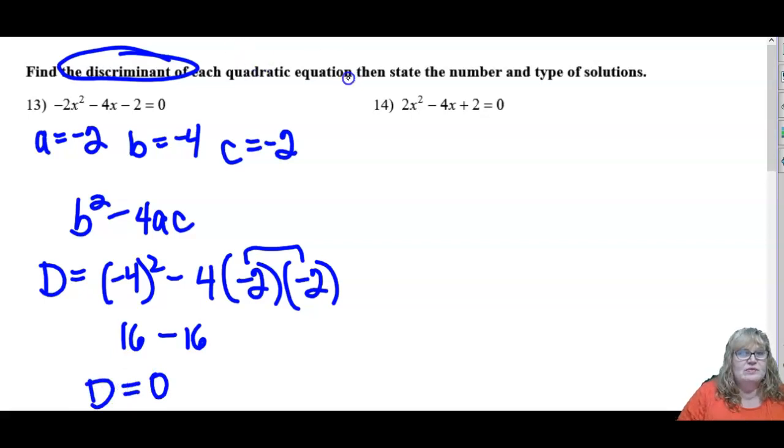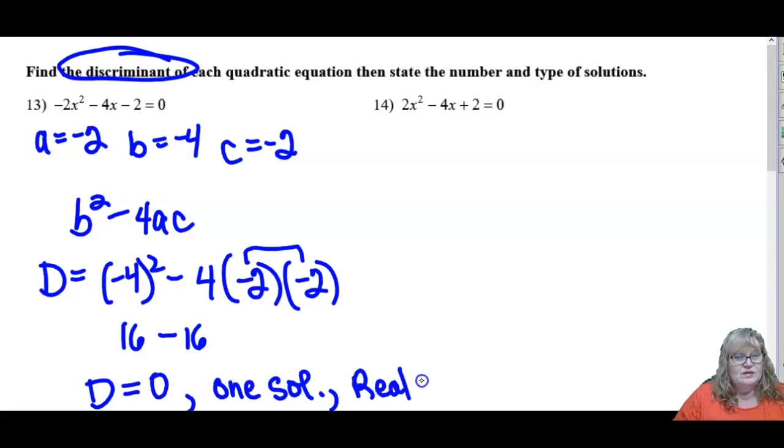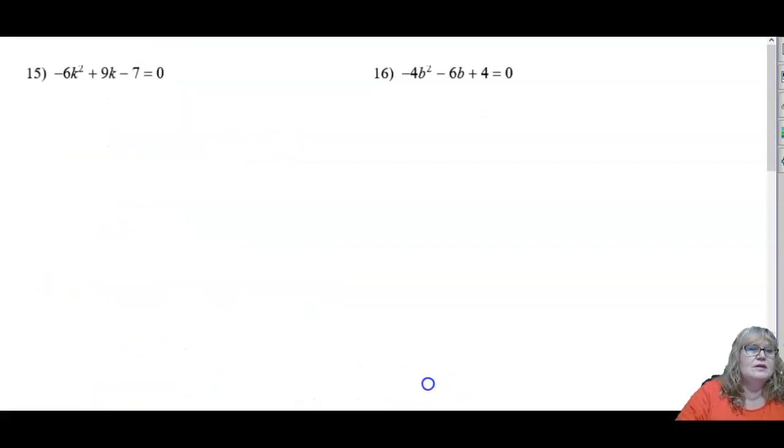It says, what is the discriminant? Then state the number and type of solutions. So the discriminant is 0, so there is only one solution, and the type is, it is a real solution or real number. You can just write one real solution. All right,